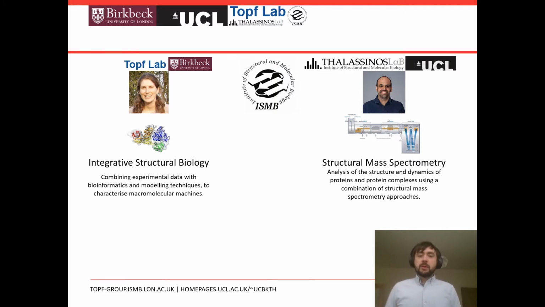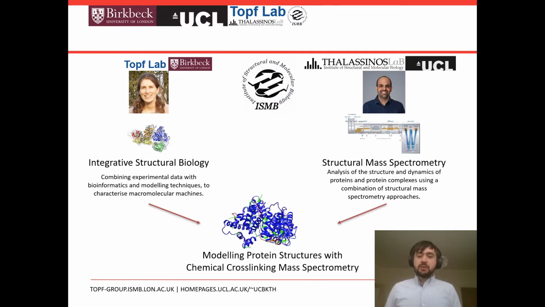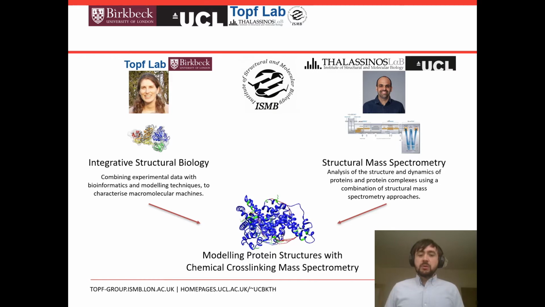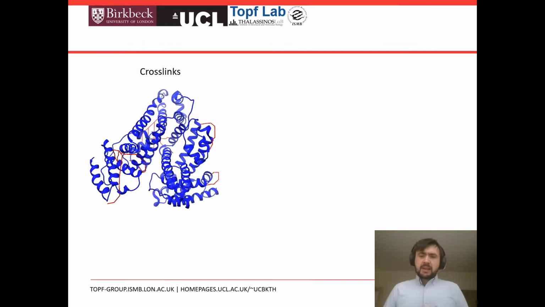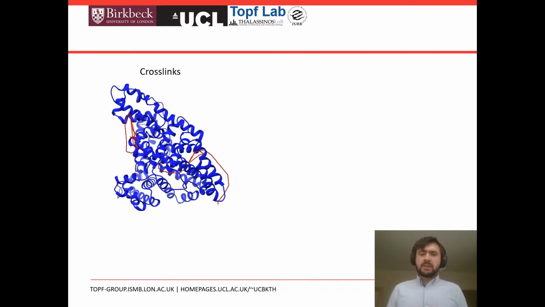One type of data that we're particularly interested in is mass spectrometry, which is the technique which my second supervisor, Kostas Thalassinos, is interested in. So my research is aimed at producing computational methods to model protein structures using data from a technique called chemical crosslinking mass spectrometry. So proteins are made up of chains of things called amino acids, which we can refer to